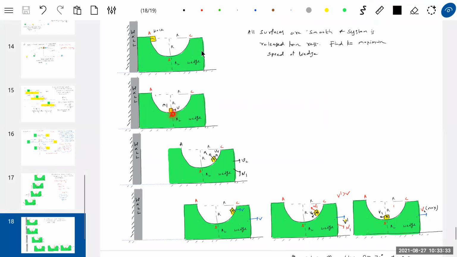I think from here, no? From the first to second diagram you should not apply. From the second you can apply it. What is the state of the wedge? The wedge is still at rest. Now after the second situation, it starts moving, no? So I can apply conservation of linear momentum. Net force equal to 0. So m1